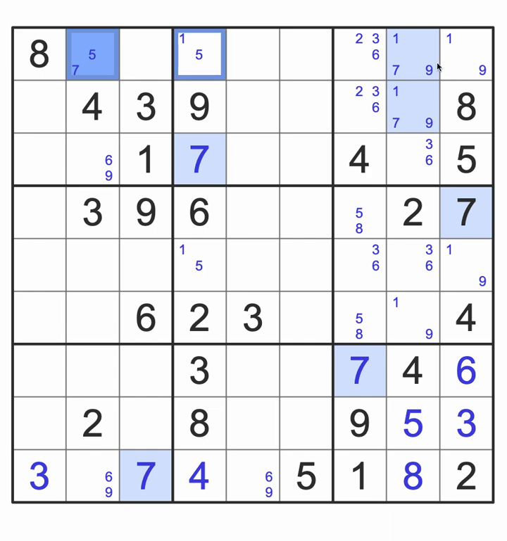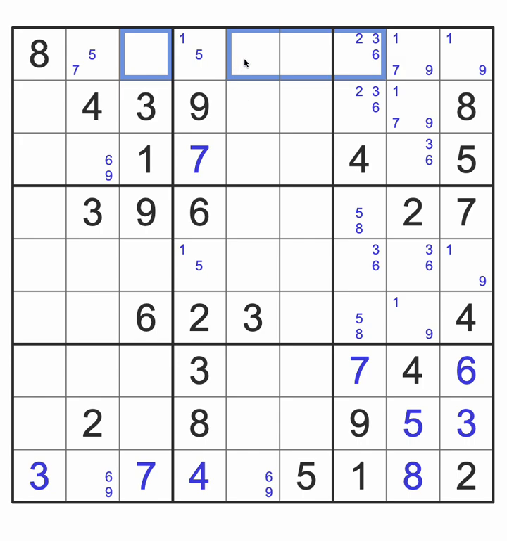And if you look carefully, this is a 1579 quad. Only 1579 are used in these 4 cells. Because it's 4 numbers for 4 cells, if I place another number in here, I won't have enough cells available for 1579. So these are 1579 quad. That will give me 4 numbers for these 4 cells, which will be